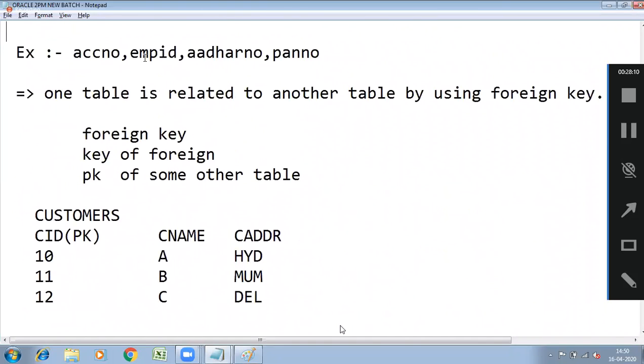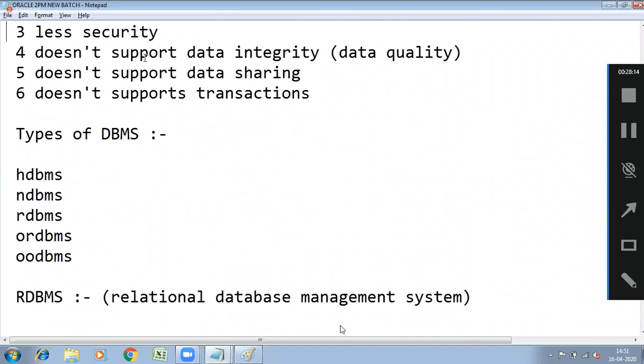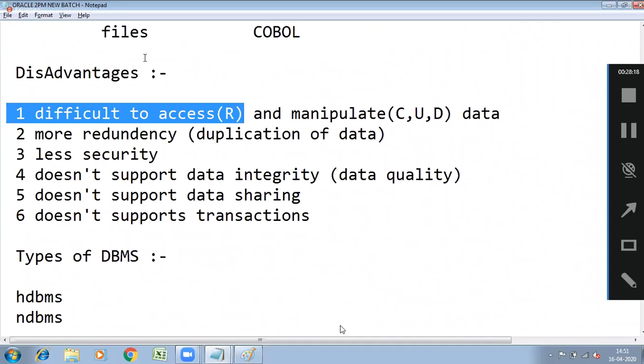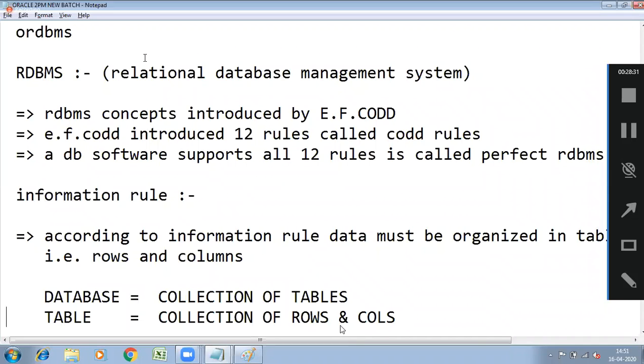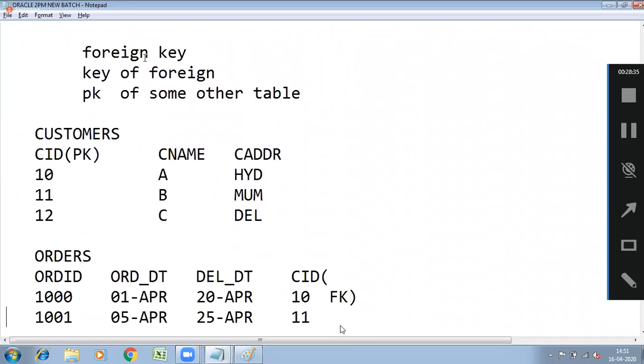In a file management system, it is difficult to access and manipulate data, because you have to write programs. For every small operation, you have to write a program. In RDBMS, you don't need to write programs.